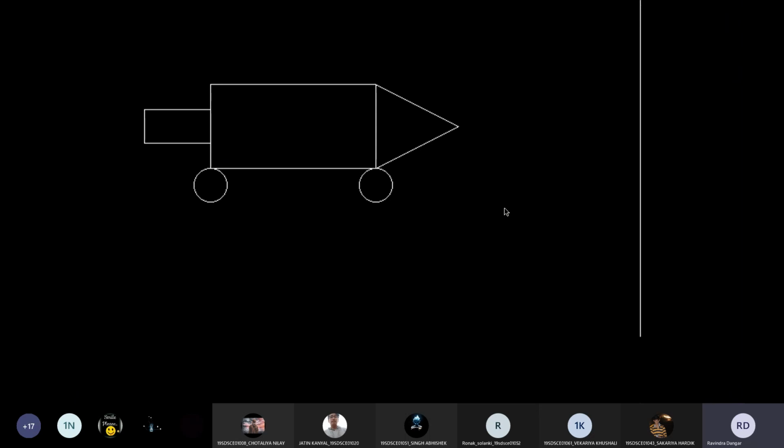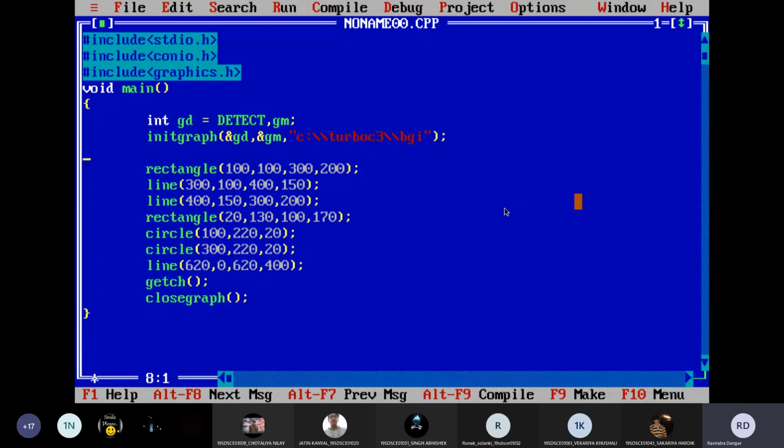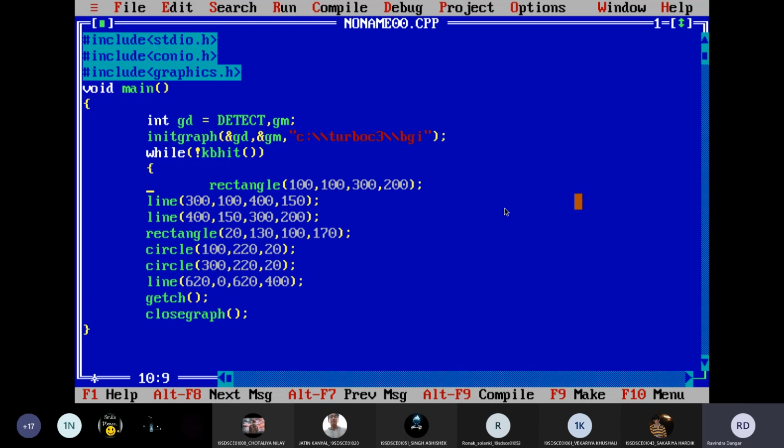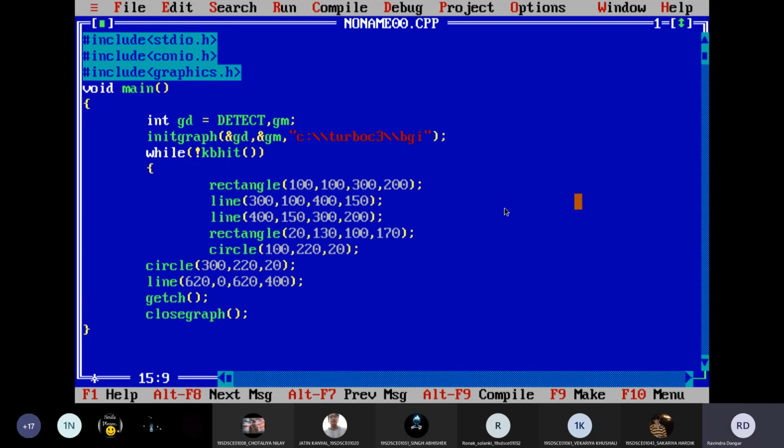So now what I am going to do is, when I run the program, the object movement will start. When it reaches this line, it will come back to its original position, and from there it will move again. Until I press any key, that movement will be in continuous manner. This is what I want to do. So for that, what we can do? We can use the kbhit function like this. We can use while not kbhit. The meaning of this is until and unless I press any key, this loop will execute. While not kbhit. Are you getting this function?